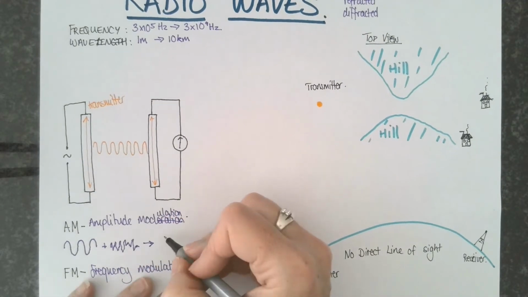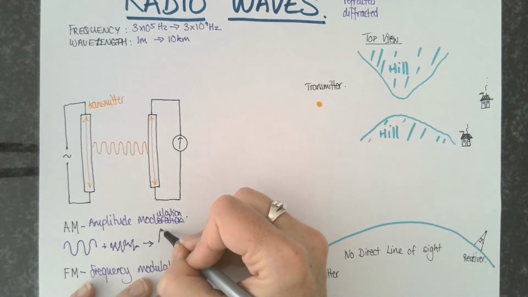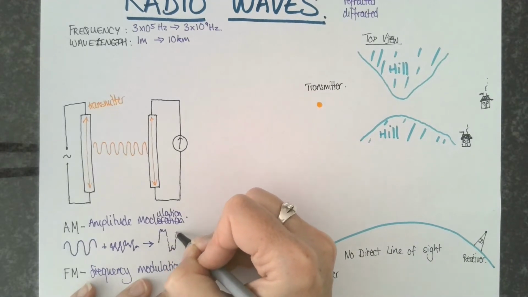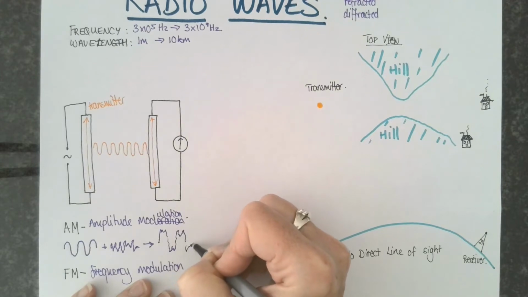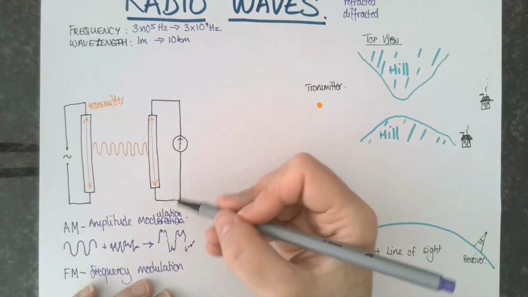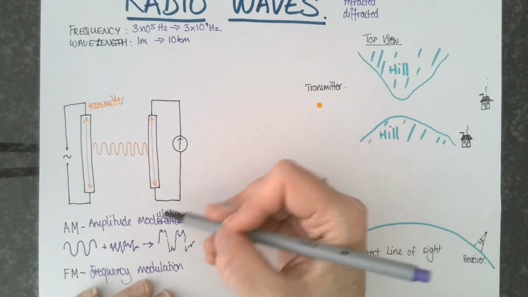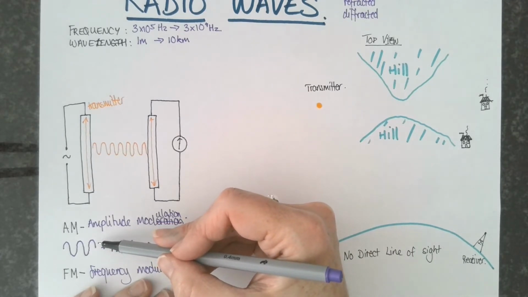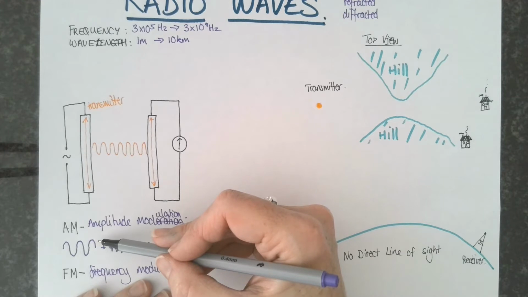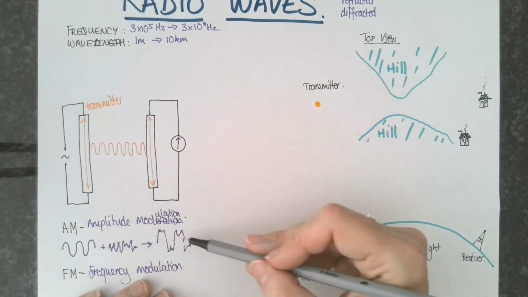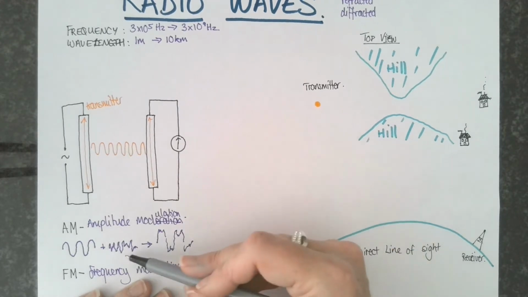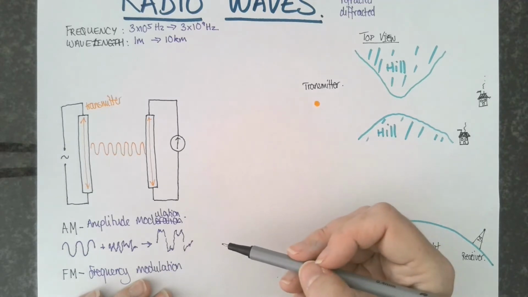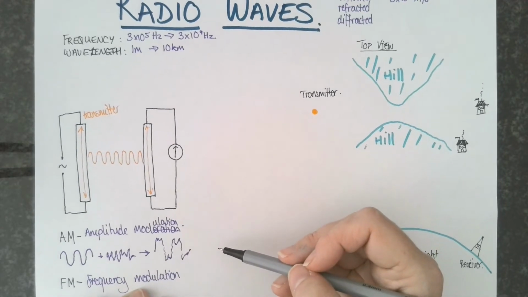And we add the two together and we end up with a wibbly wobbly wave. But that wibbly wobbly wave, when it's received at the receiver and the carrier wave is subtracted, because we know the frequency and amplitude of the carrier wave, gives us the sound that we want to be converted in our